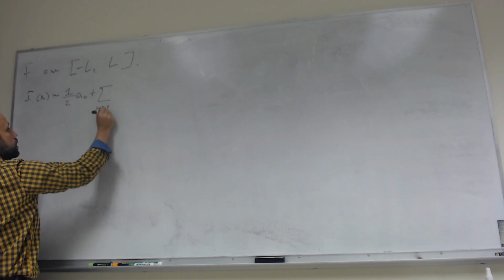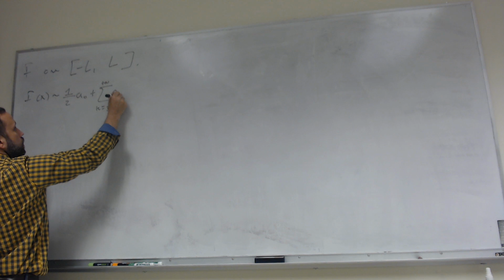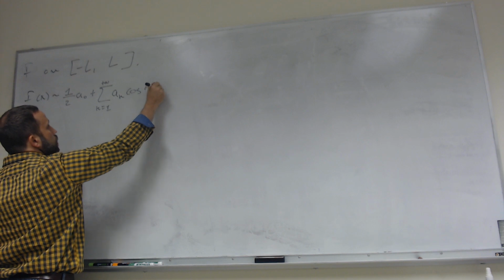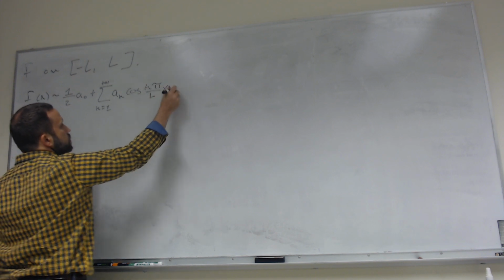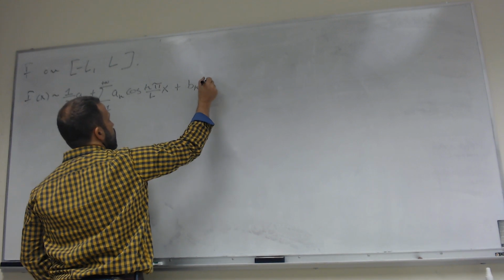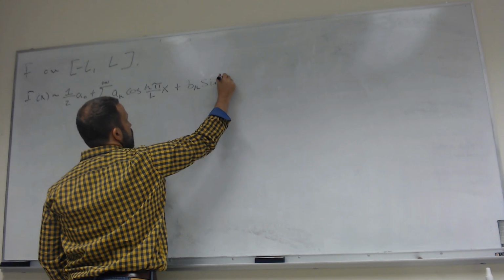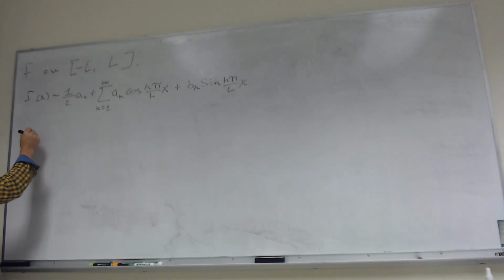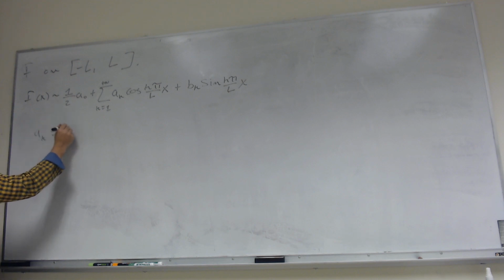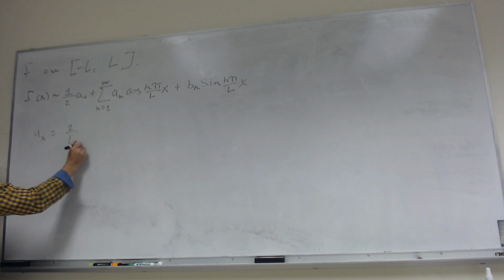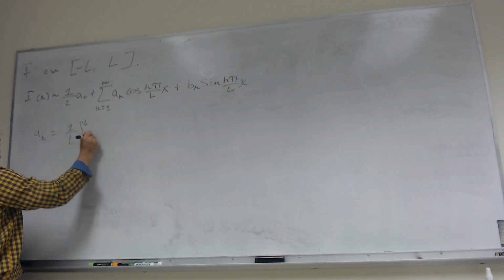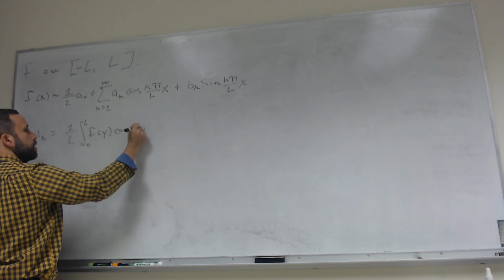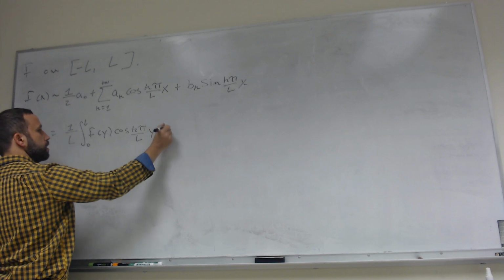plus the sum, k equals 1 to infinity, cosine k pi over L x plus bk sine k pi over L x. With similar formulas for the coefficients as we've already seen, ak is going to be equal to 1 over L, not 2 over L. It's going to be 1 over L times the integral from 0 to L f of y cosine k pi over L y dy,